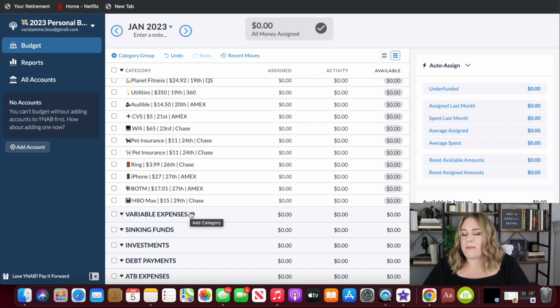Now we're going to repeat the same process, but we're going to do it for our variable expenses. Now, variable expenses are often where people get tripped up, which totally makes sense, because how are you supposed to know how much money to spend on things like eating out, groceries, gas, when those things differ so much from month to month? I always tell people the best way for you to do this is to go back through and review your spending over the last 2 to 3 months and take an average of how much you spend